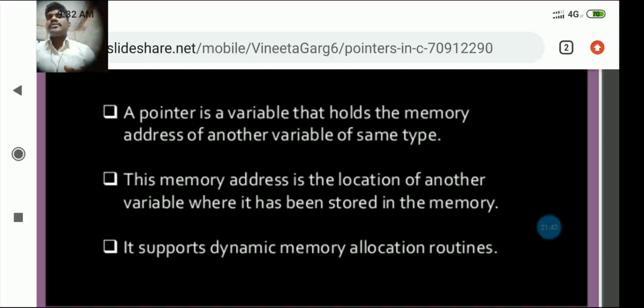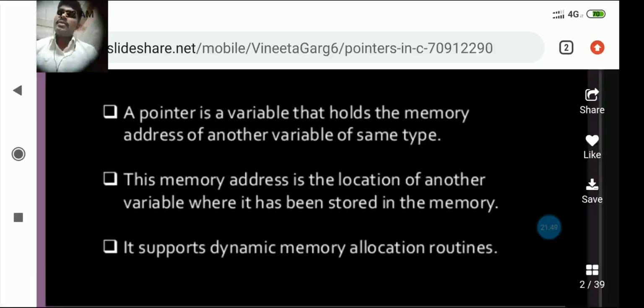So we can do it, and you can increase the memory size and decrease the memory size, and perform memory operations without any restriction. This type of concept is supported by dynamic memory. So let me see how this memory will work in the pointers concept.